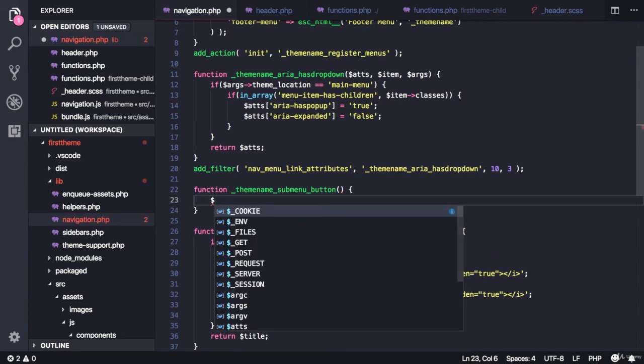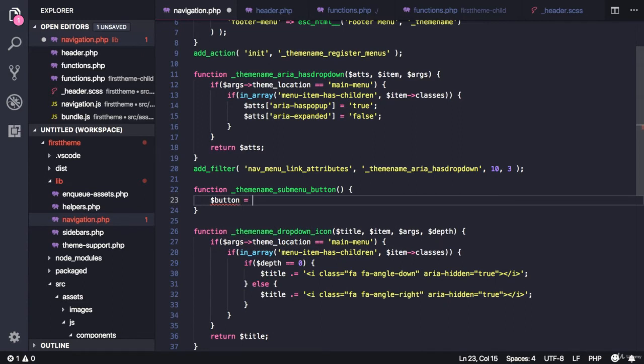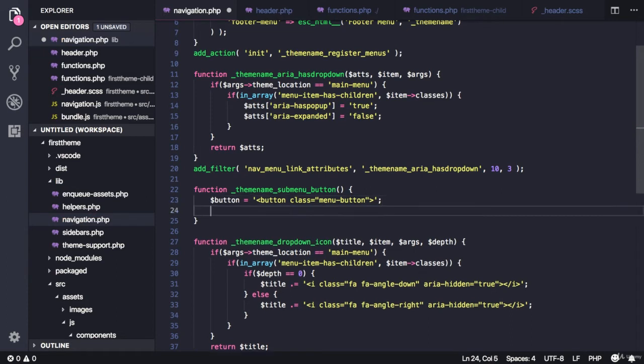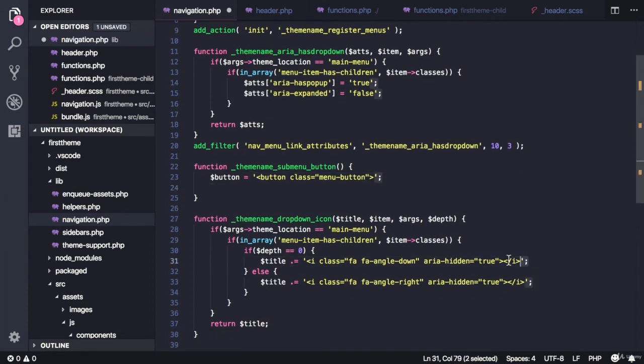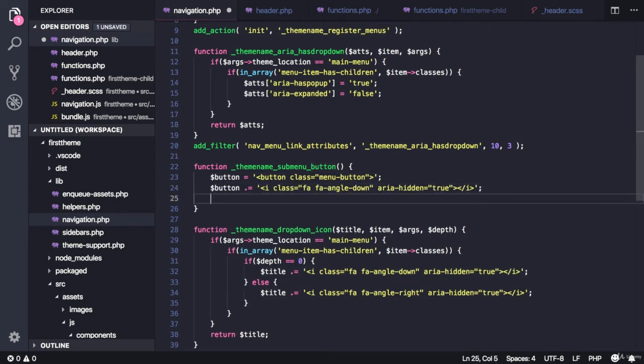So let's create a new variable called button, and we'll open a button and give it a class, and this class will be used in JavaScript, so it's important to give it a class to be able to target this button. And inside this button, we'll need to concatenate the icon. So let's copy this and let's change this to button, and let's close the button tag. So concatenate,